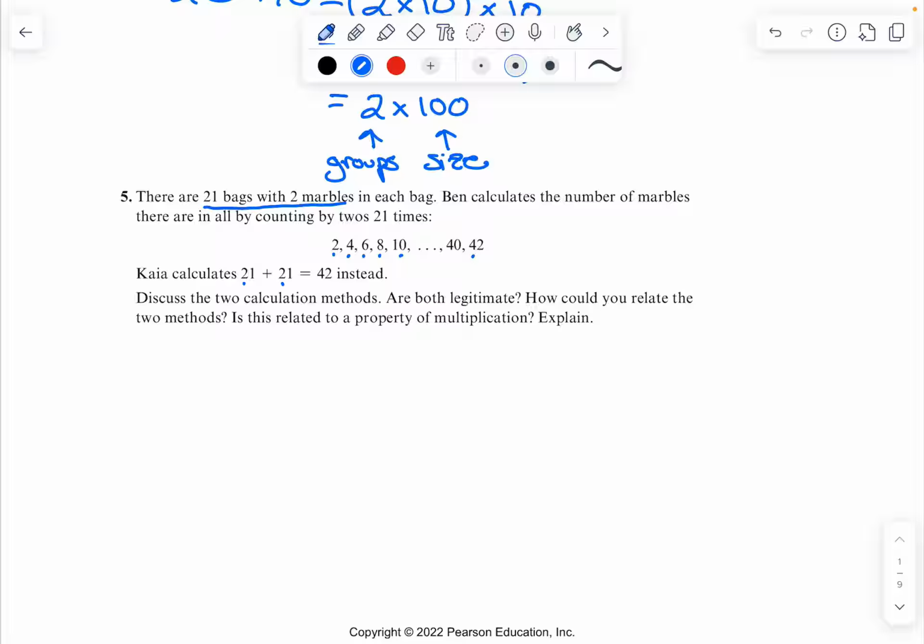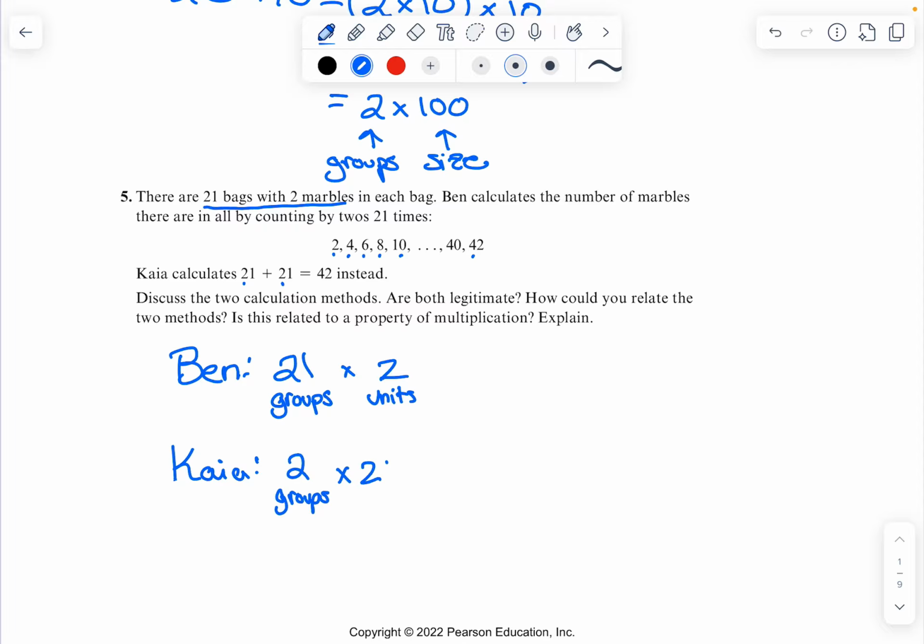Right? So really, Ben's strategy is to calculate 21 groups of size 2, right? There are 2 units in each of those groups. Whereas Kaya is looking at 2 groups with 21 units in each of those groups, right? And so we know that both of those do, in fact, get us to the correct answer of 42. When we look at Ben and Kaya's work,